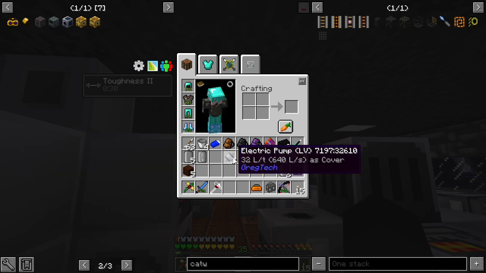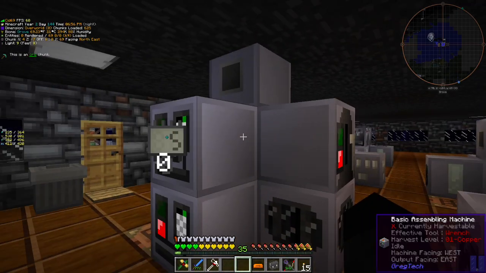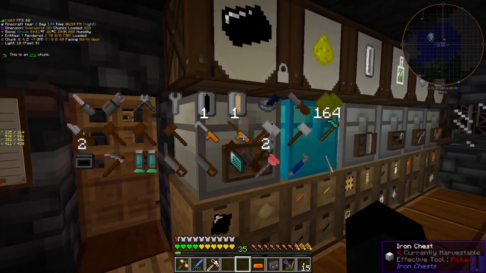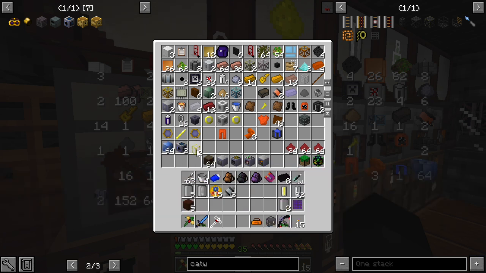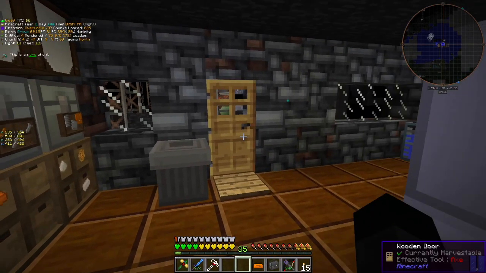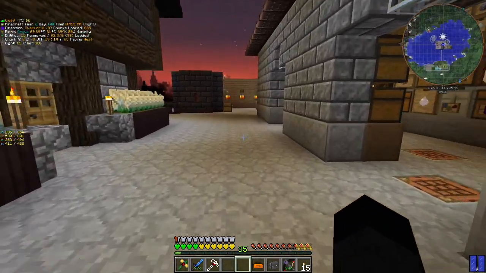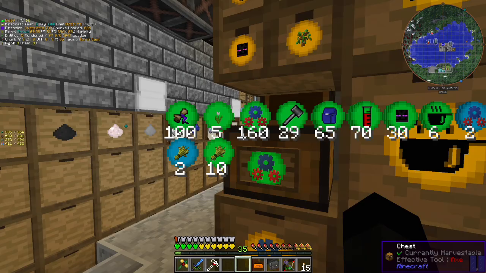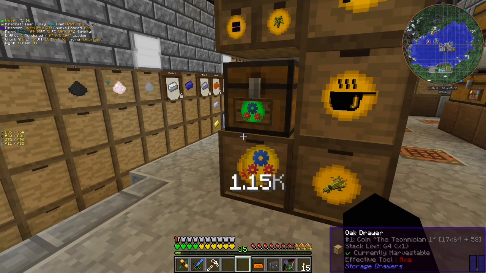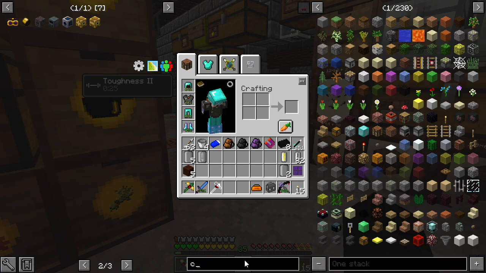Electric pump. I think you put those on as a cover, isn't it? Only one input, one output, and then yeah. Well, it's a thing. We've got it. We can stick them in here for now, along with all of that. But I genuinely do not think I will use them, if I use them at all. I would rather get into the ender tanks, to be honest, which is down the magic line, if I remember rightly. Let me just have a look at...